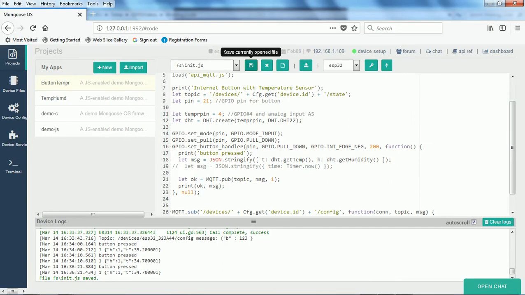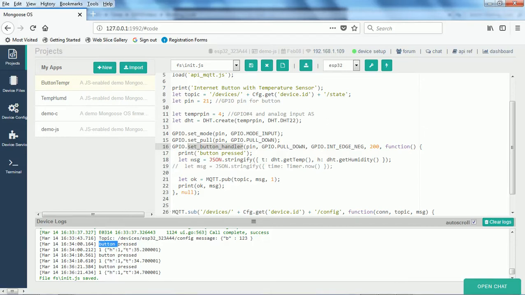So we set the pin mode for the input, which is pin number 21 as an input. Then we are pulling it down. Once you press, it means once the connection is established, the pin will toggle, or it will basically raise an event, and as a part of this button handler, we will get the button pressed. So this is just a message that will come, button press. You can see it here, I have pressed earlier.